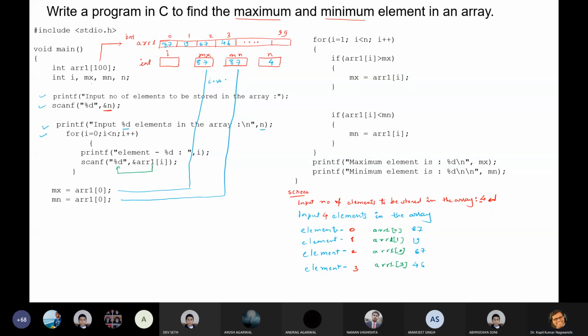Fine. Now come to another for loop. So let us see the execution of this for loop. There are two different for loops: for loop number 1 and for loop number 2. And above this, one more is given, the top one. Actually, this is not a for loop. This is an if. So better to erase this.